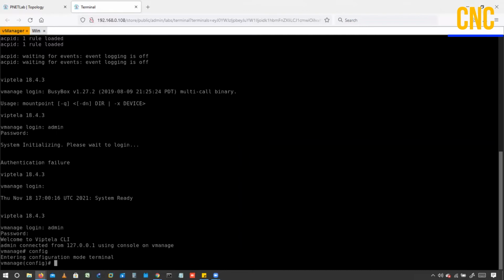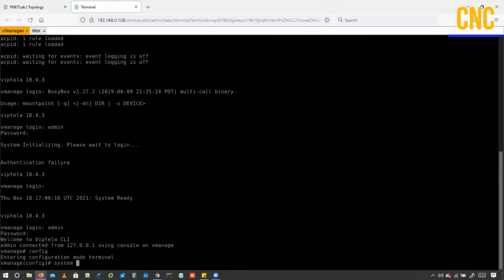So again, if you remember in the XR devices, whenever we want to save the configuration, we use the commit feature, right, to save the configuration. Same here. These vManage devices basically use the same commit feature. Okay, so I'll do some configuration, and I'll do the same configuration on vManage, vSmart, and vBond also.